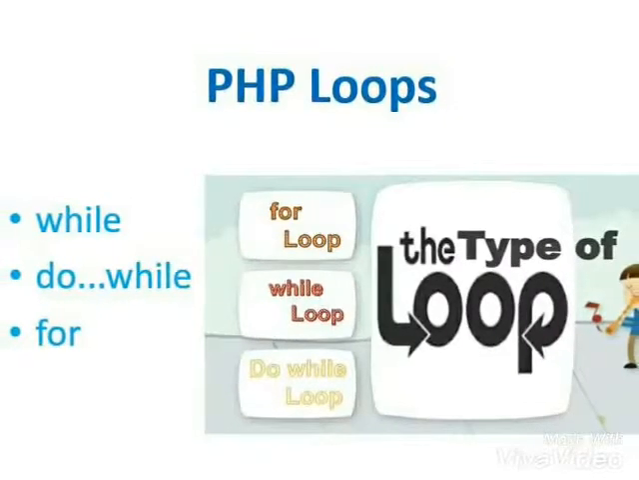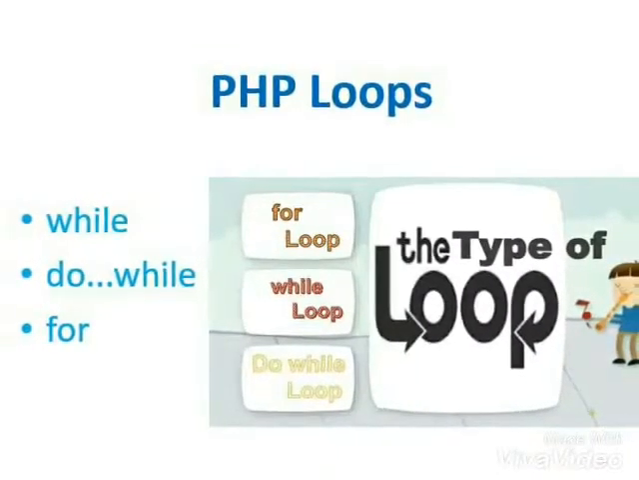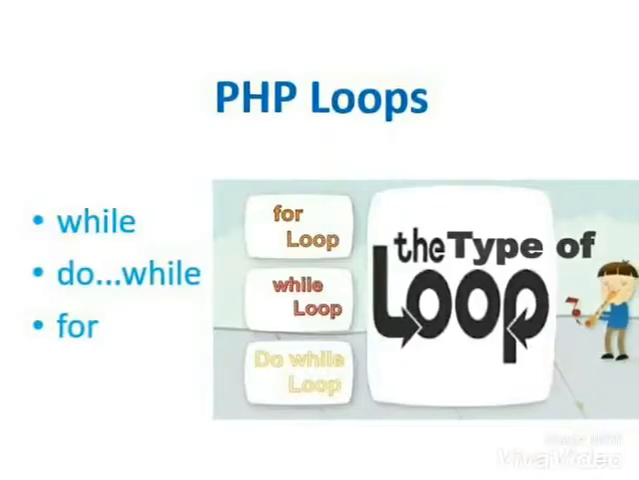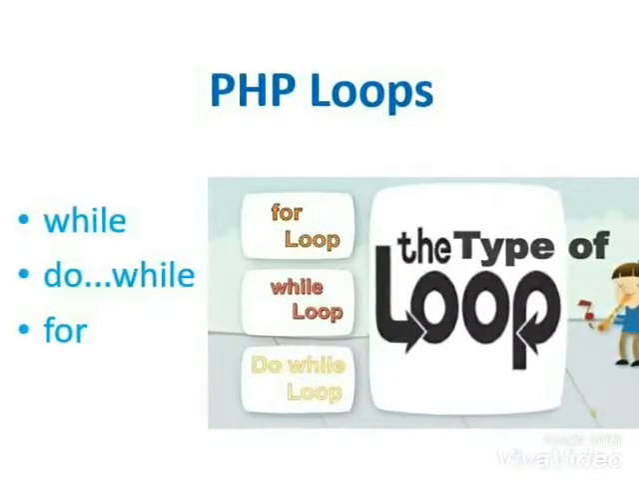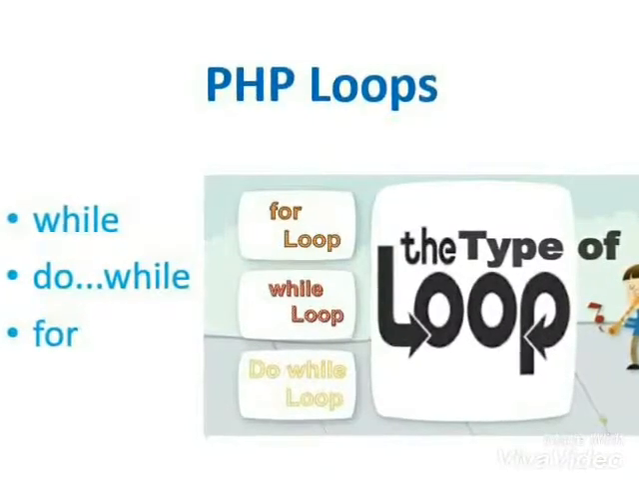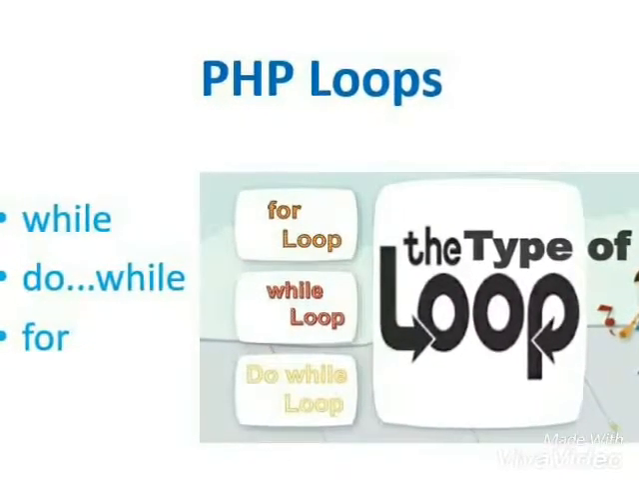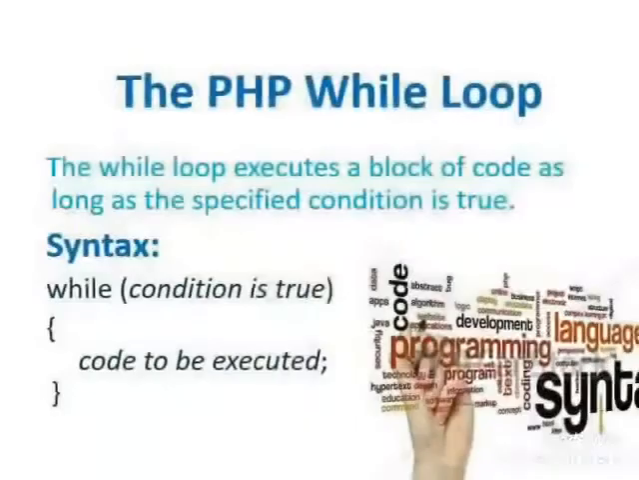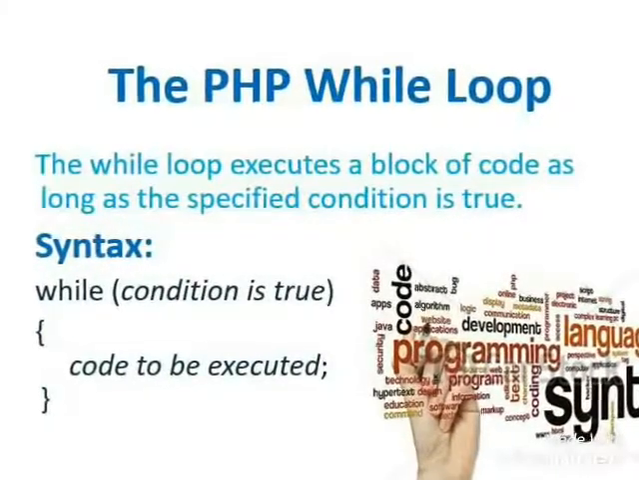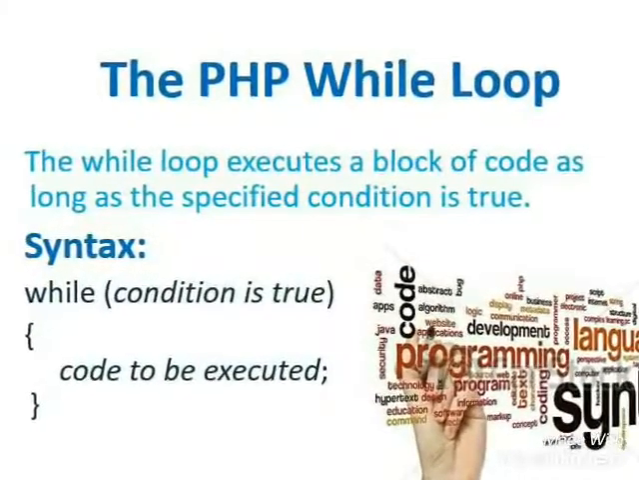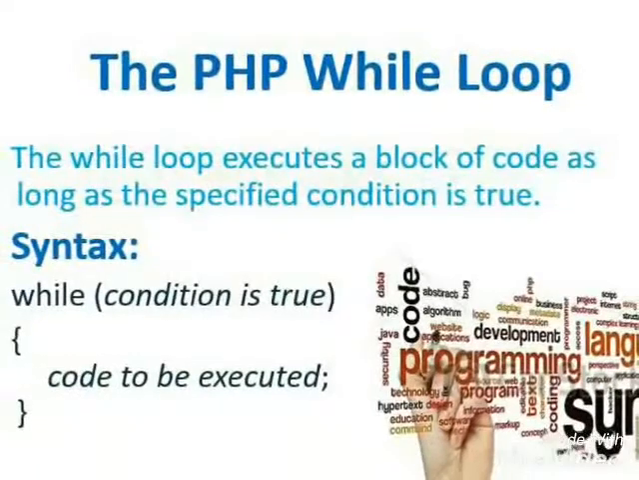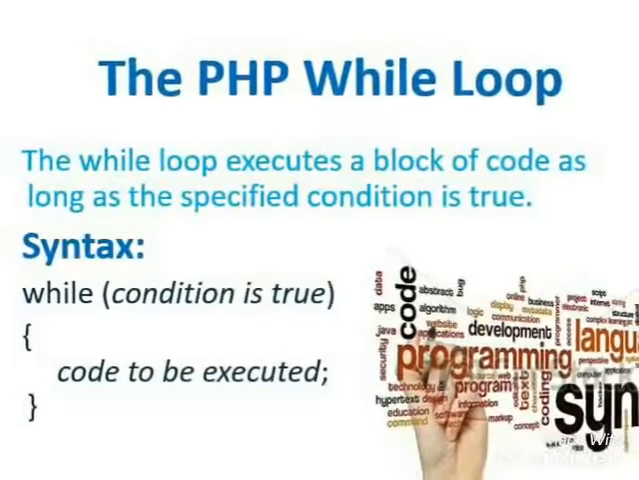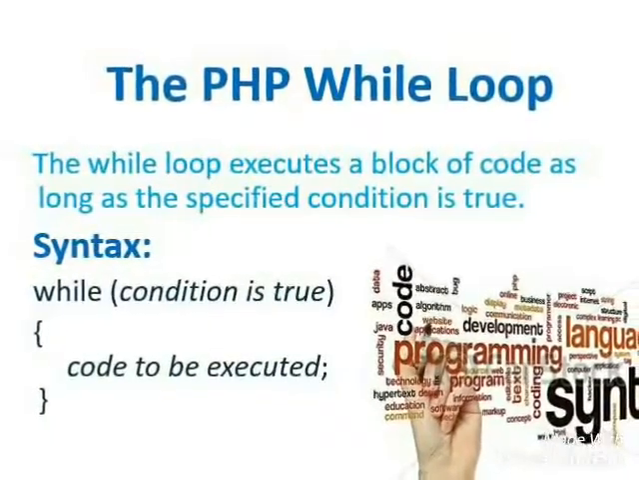In PHP, we have the following looping statements: while, do while, for. First, we discuss the while loop. A while loop is also called a condition loop. The while loop executes a block of code as long as the specified condition is true. This is the syntax of the while loop: while (condition is true) { code to be executed; }